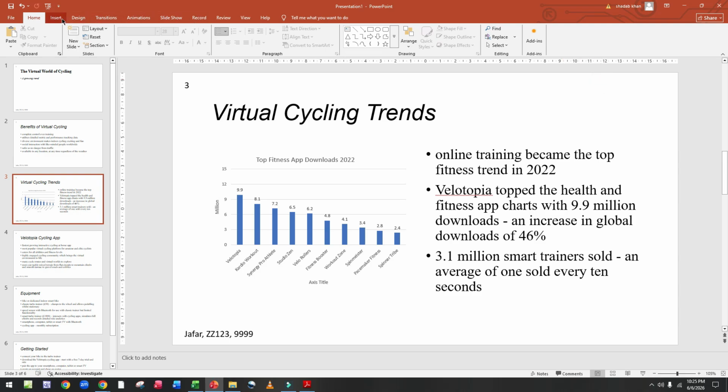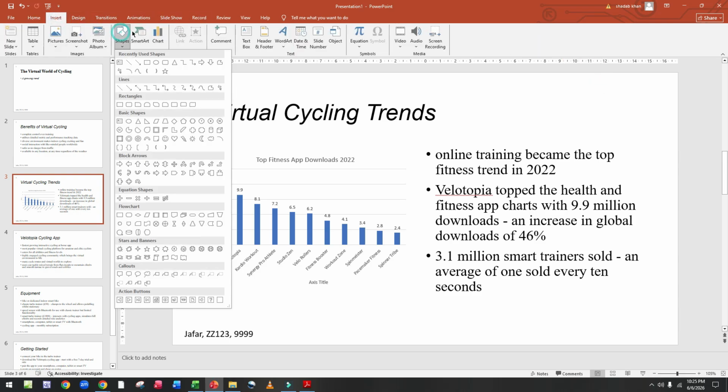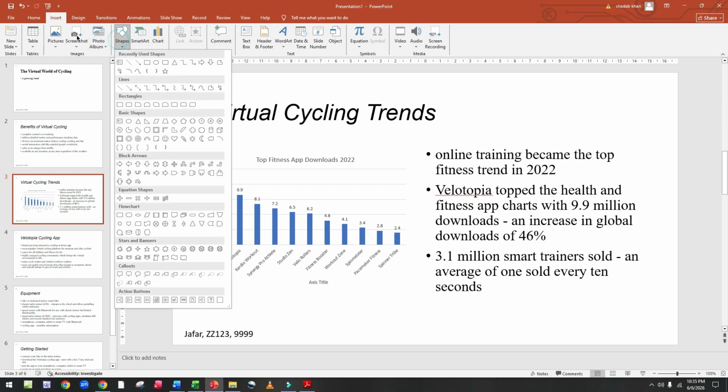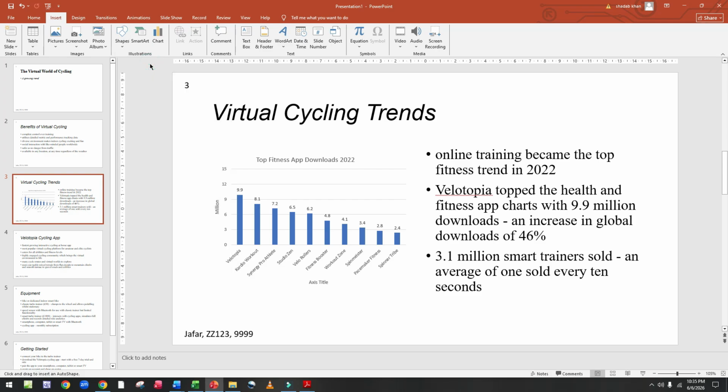Here, click on Insert, Shape. Here is the shape, and draw in the right area. Square shape.